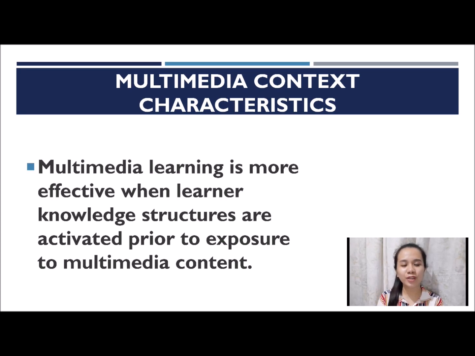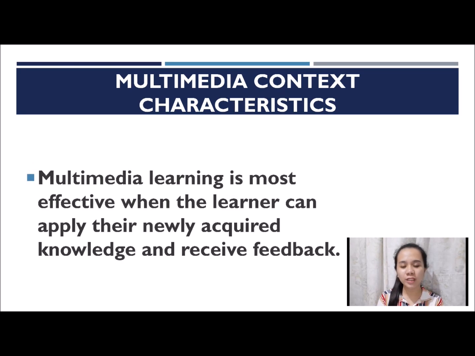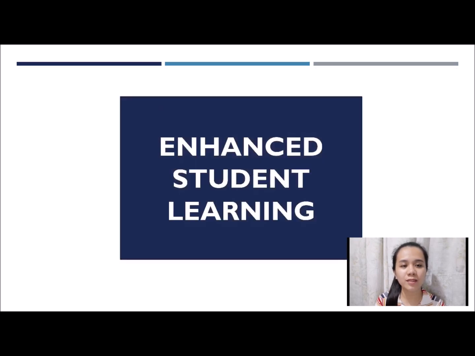The last one under context characteristics is multimedia learning is most effective when the learner can apply their newly acquired knowledge and receive feedback. At the end of the day, this is all what we want from our students. It is to apply what they have learned from the lesson. And do not forget to give them feedbacks because feedbacks can also help them to correct their confusions or misinterpretations of the lesson. So all of these principles of multimedia learning only lead to one point, and that is enhanced